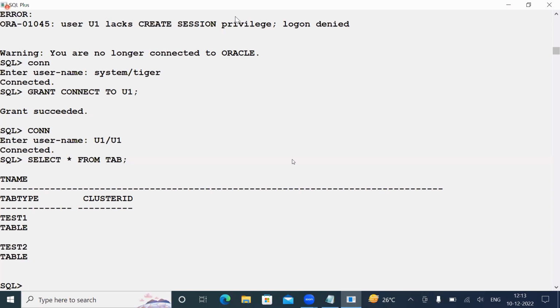Same here also. The U1 user does not have any DEPT table. The DEPT table belongs to the system user. So without the permission of the system user, if the U1 user tries to perform some operations, what happens, you can see. Now he writes: